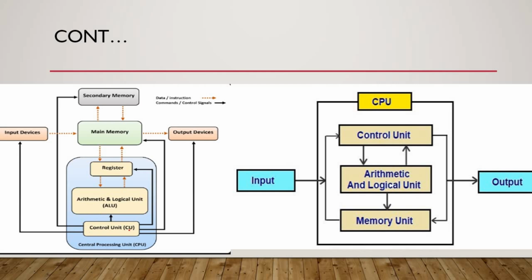The control unit manages and controls between these two components, the memory and the arithmetic logic unit. Finally, once the task is processed and transformed, it flows or maps directly to the output devices,